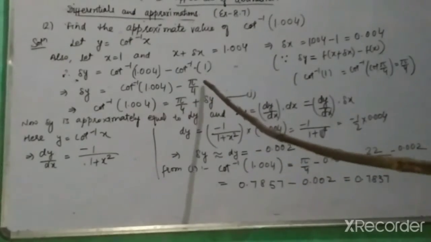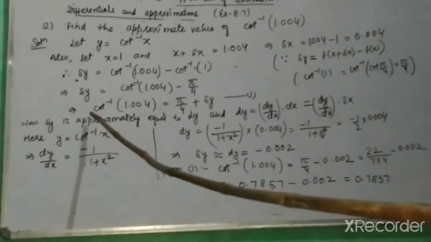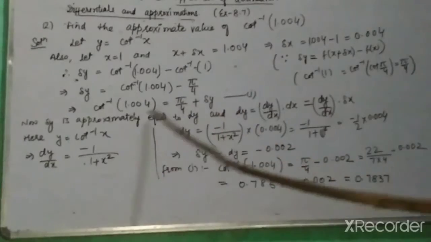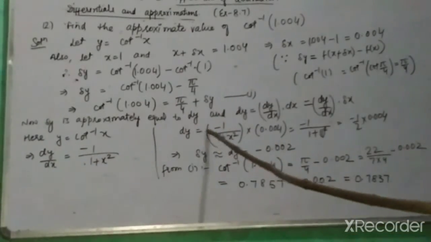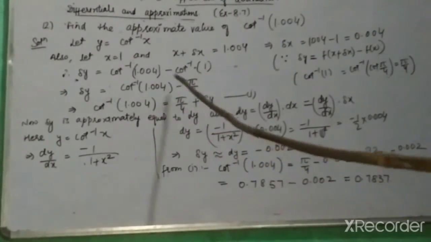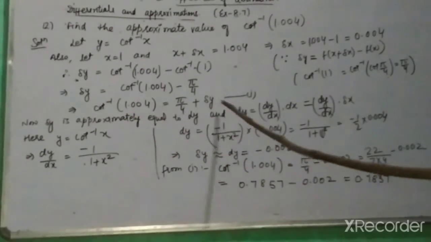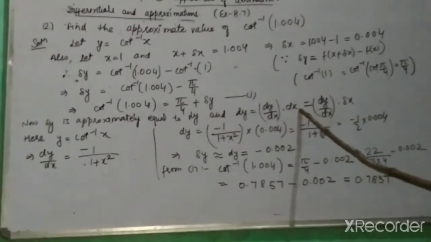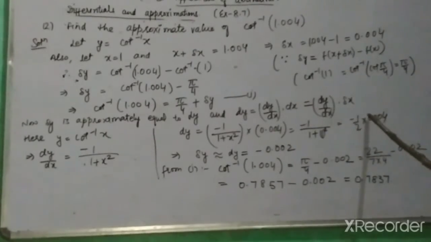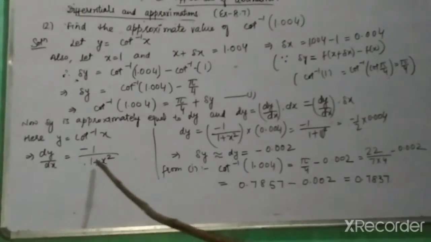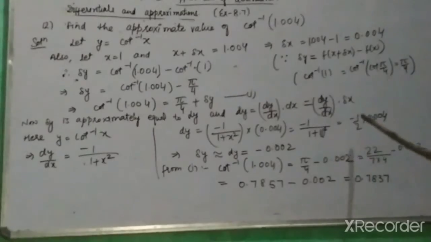Now we can transpose pi by 4 to the left hand side. In this way we get cot inverse 1.004 equals pi by 4 plus del y. Now this del y is approximately equal to dy, right. dy, the differential value of y, is approximately equal to del y. So we can find dy by using our differential. dy always equals dy by dx into dx, and dx is approximately equal to del x. We have found that the derivative of y is minus 1 upon 1 plus x square, and del x is